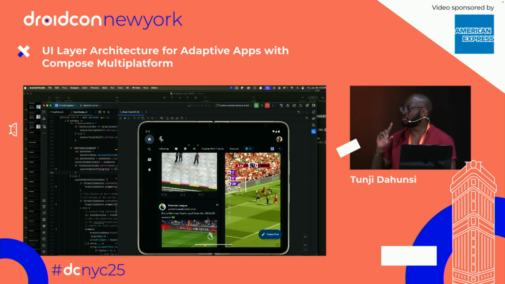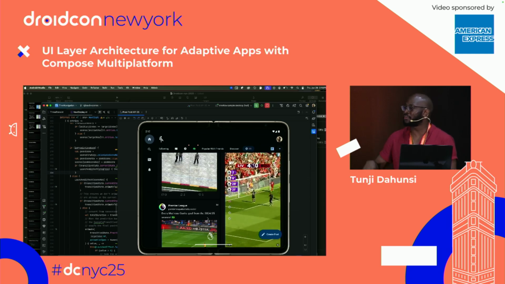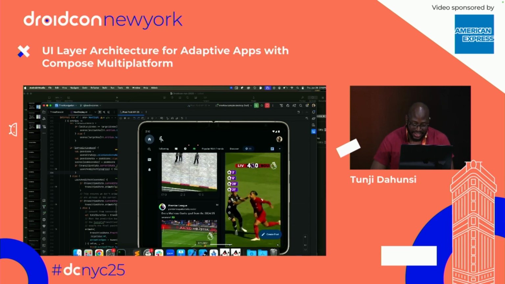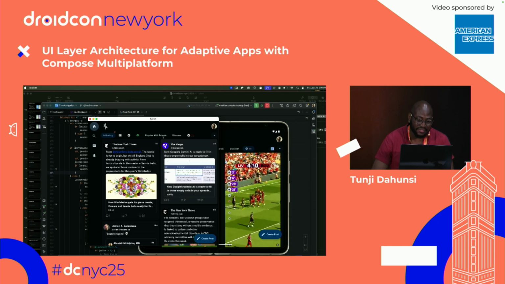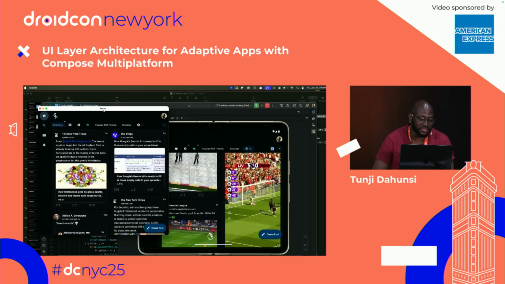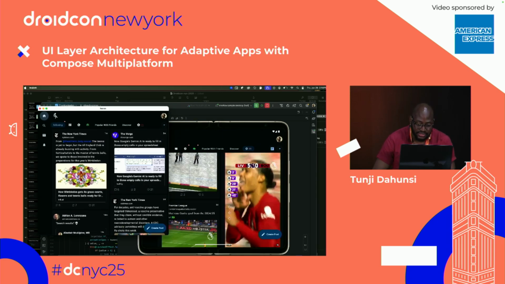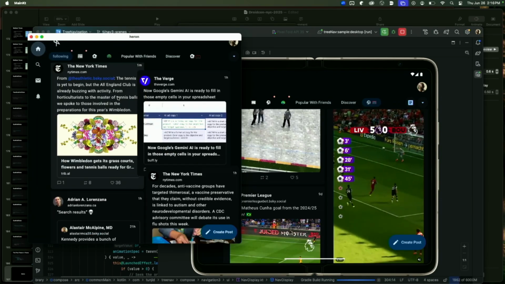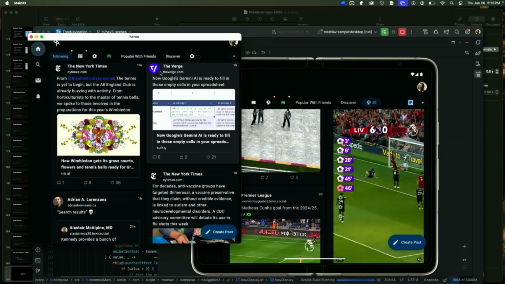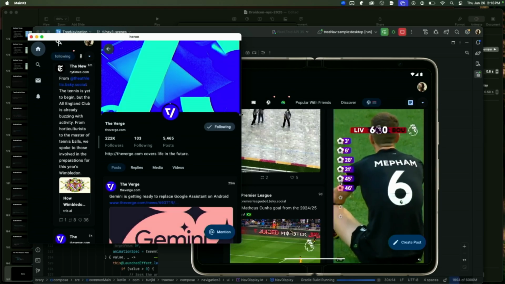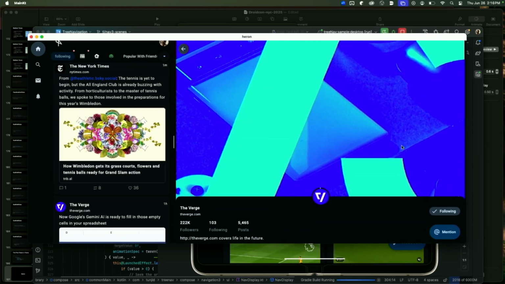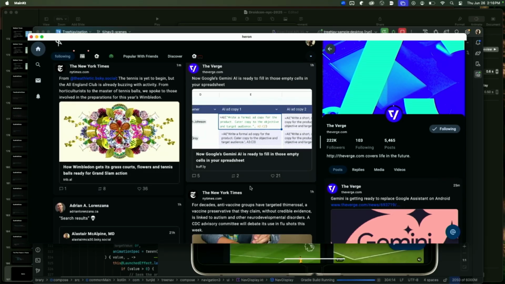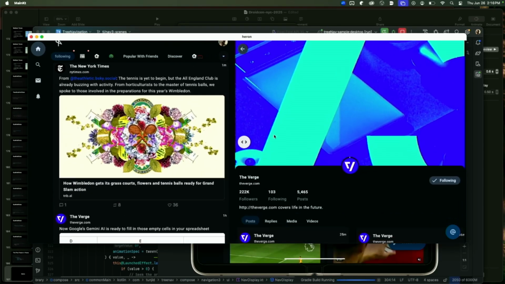So far I have shown you two platforms. I've shown you iPhone, I've shown you Android on a foldable. Let's go big. Here, I have it running on my Mac natively using Compose for desktop. And again, the New York Times is saying something, it's tennis season. And I read The Verge often, but I can make this as big as I like, and I can definitely resize my panes. And then this is a grid, and everything just dynamically